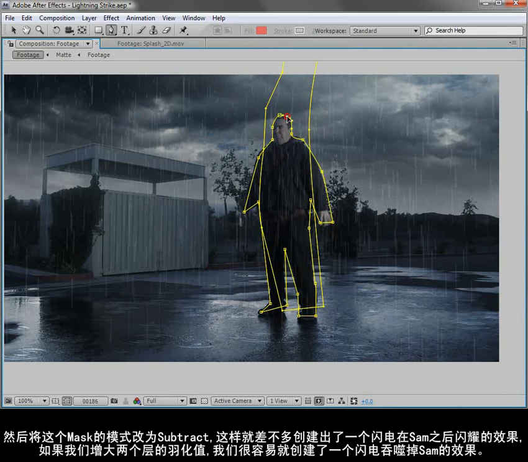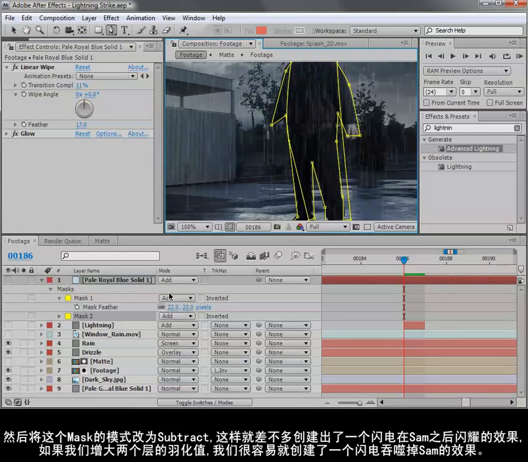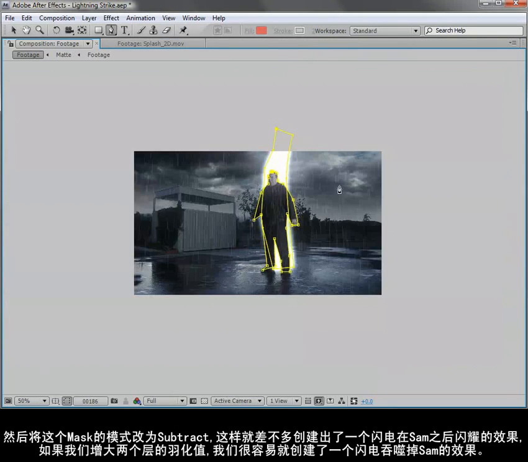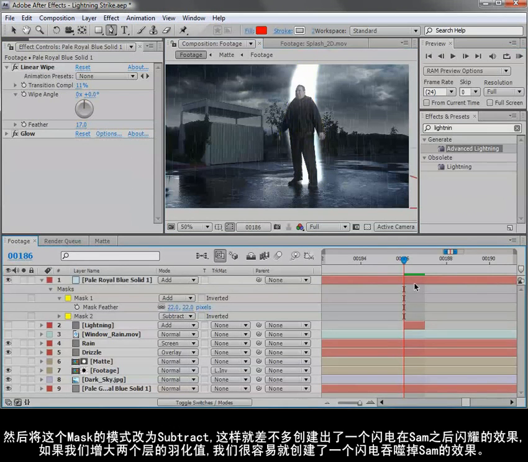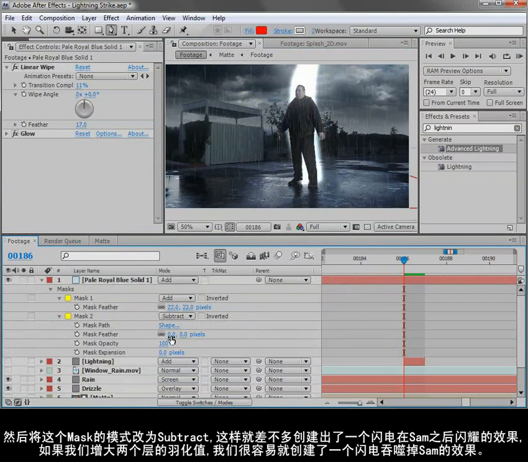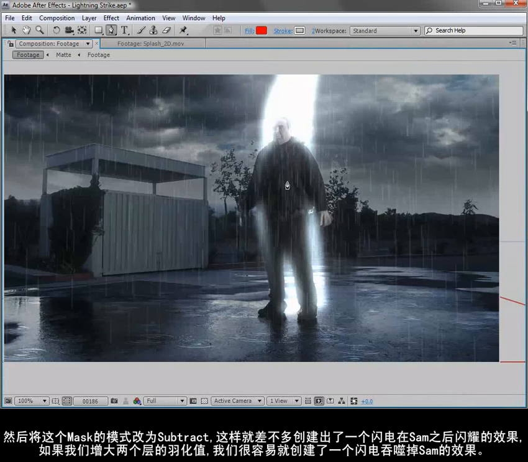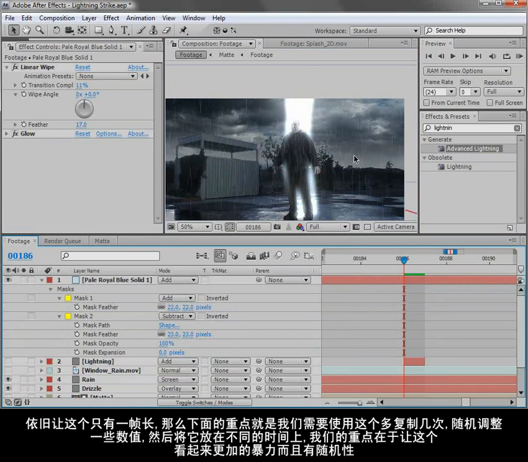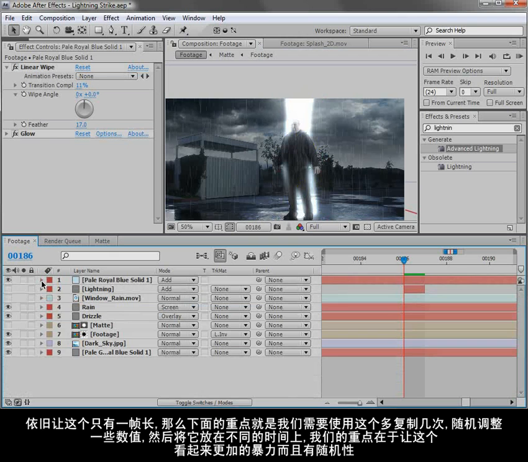And we'll set it to subtract. So we'll turn that on. And so more or less it looks like the bolt is behind him. We can feather both of these masks, and that way it'll almost look like a light wrap of sorts. It really is just kind of a rough resemblance so that we can create the look of lightning all around our character here. So we'll go ahead, we'll make this 1 frame long, and you can just extend the handles